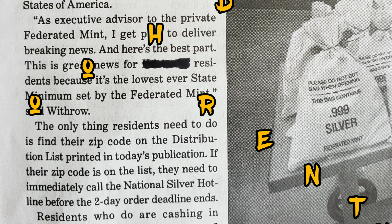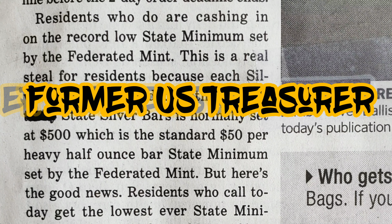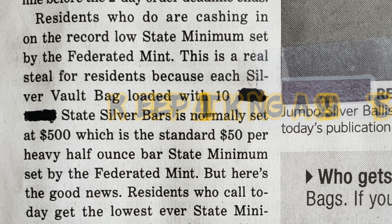If their zip code is on the list, they need to immediately call the National Silver Hotline before the 2-day order deadline ends. Residents who do are cashing in on the record low state minimum set by the Federated Mint. This is a real steal for residents because each silver vault bag loaded with 10 Silver City State silver bars